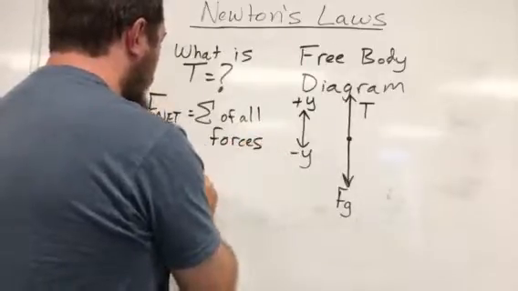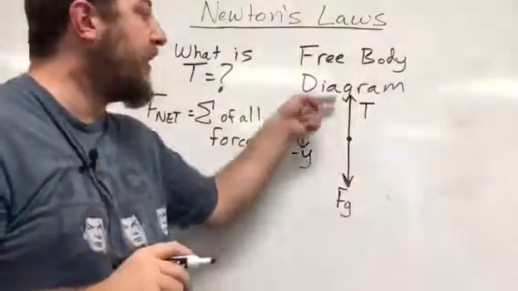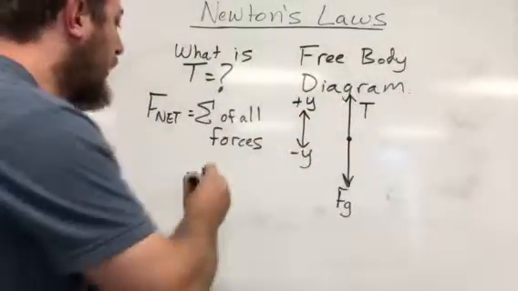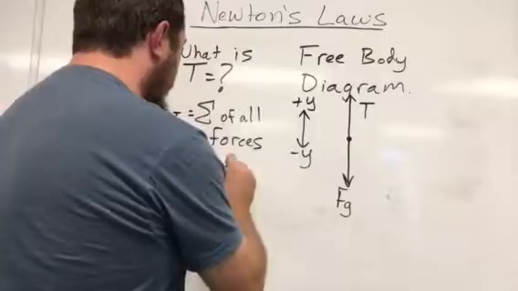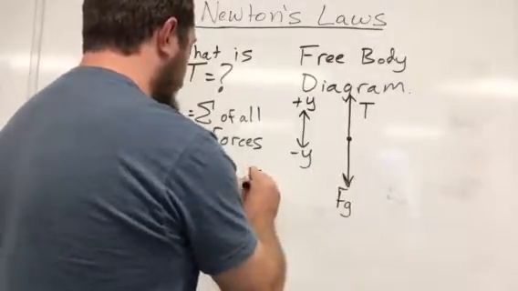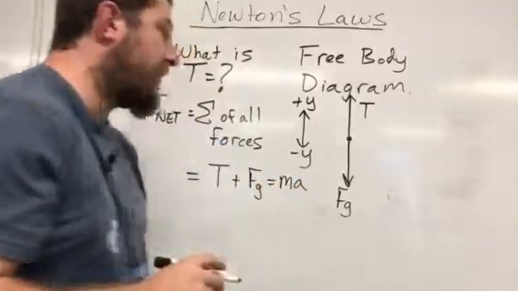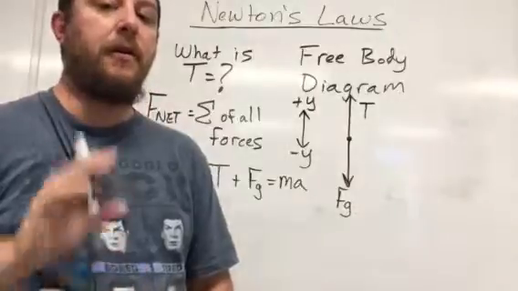Right? And what all forces are acting on our free body diagram? Well, I have tension upward and I have gravity downward. So I know that tension is going to be acting, and I know that gravity is going to be acting. And this is going to equal the overall mass times the acceleration of my light fixture. But